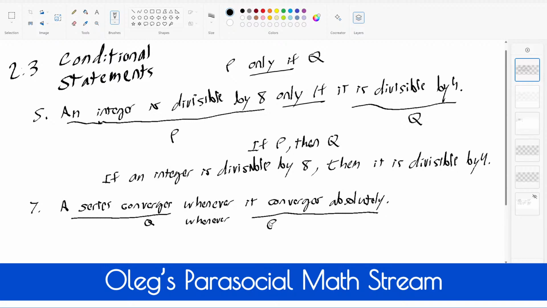Now rewriting it. We're not going to write "it converges absolutely." If it converges absolutely, then a series converges. The "it" and the "series," you can flip the names around, obviously. In other words, you start by writing the sentence and make it intelligible. So instead of writing "it," I'm just going to say "a series" for P. If a series